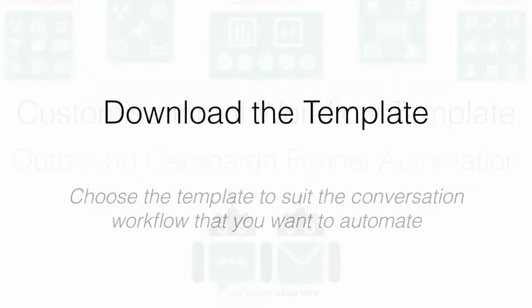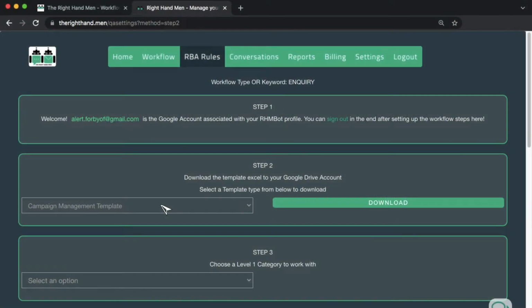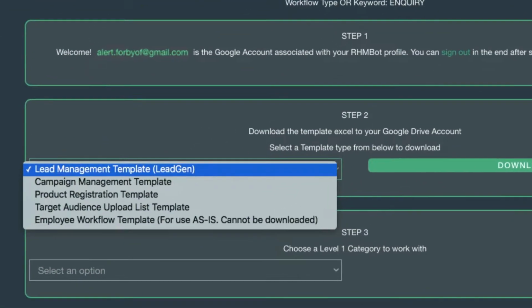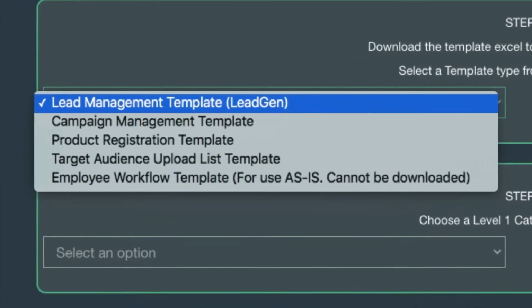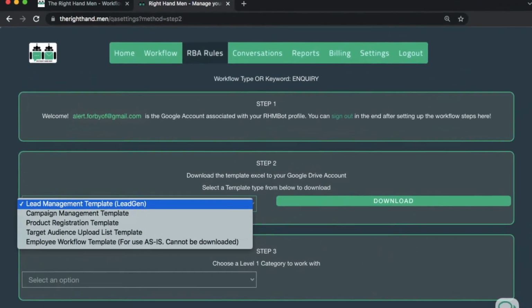Let's get started. In Step 2 within the RBA Rules tab, you first download the workflow template. For the automation of lead funnel management, you'll need two templates. The first one is Lead Gen Workflow Template. We'll use this to manage inbound leads, who come and interact with your digital assets like your business Facebook page